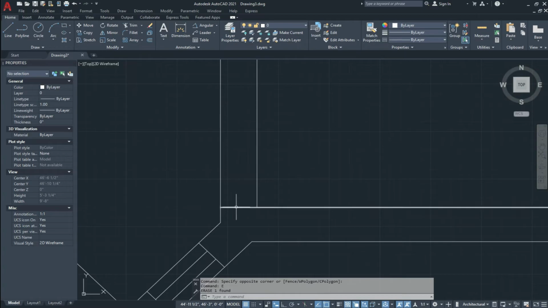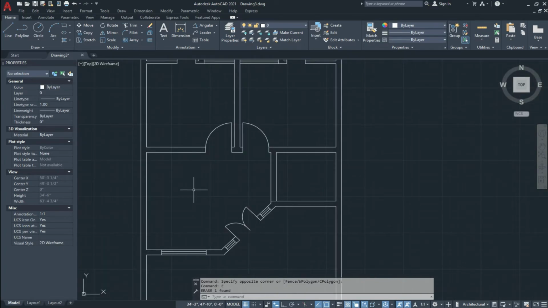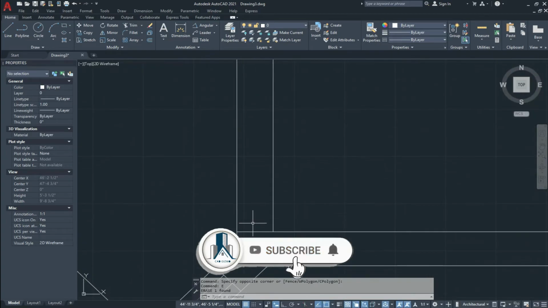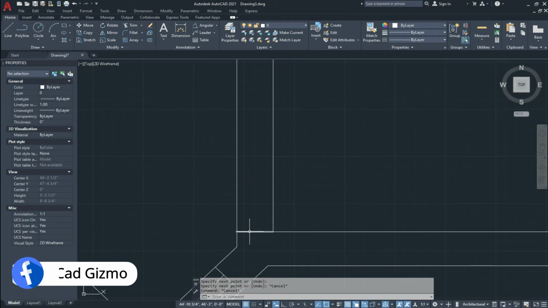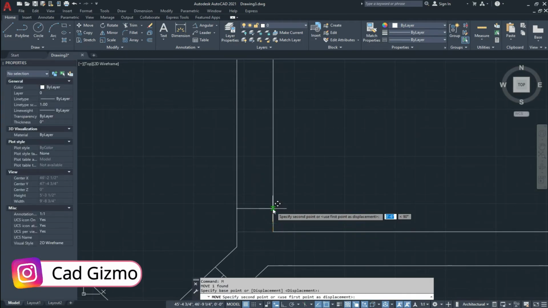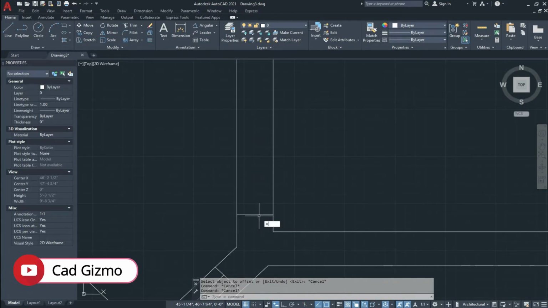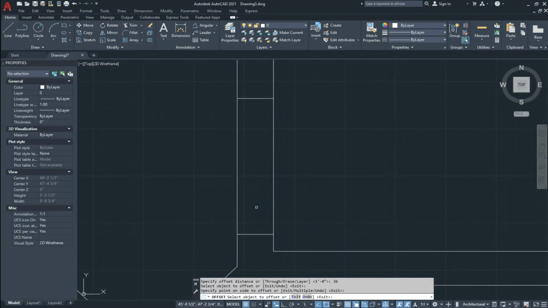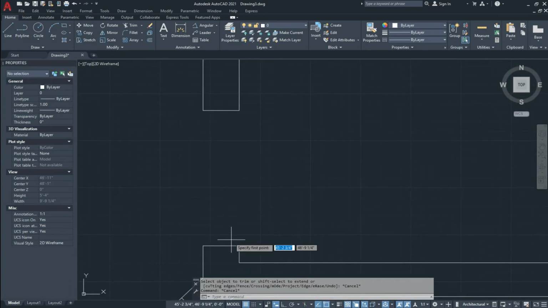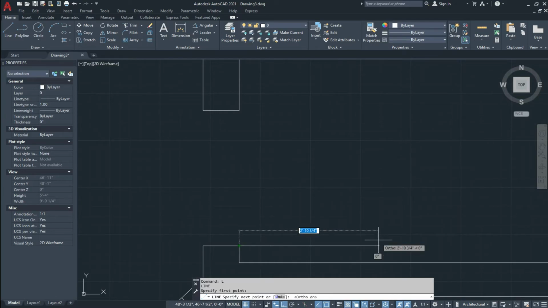and so now I draw a door here. First I draw a line and move it 4.5 inches. Now give the door width 3 feet. TR double enter. Give the door height with the F8. I make it horizontal and give the height 3 feet, and with an arc tool I make the arc,